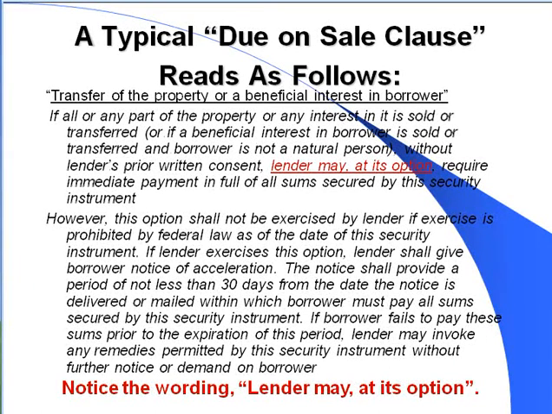So in other words, if you own a house, Brock, and you deed it to me, you don't tell the bank, you just quit claim it over to me, that bank can then send you a letter and me a letter that says, I want the entire balance within 30 days. And if you don't pay it, their recourse is to foreclose. It's a violation of the due on sale clause to transfer your property without getting the lender's permission.